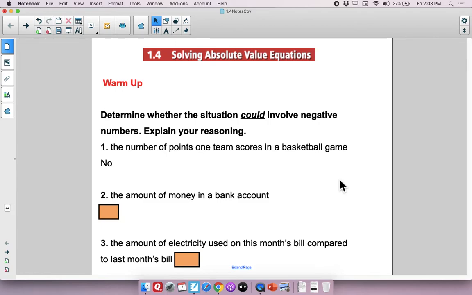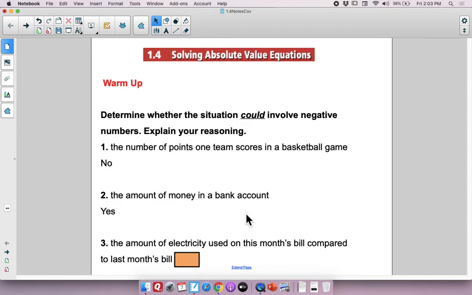You can't go below $0, and technically that's true, but sometimes people will write, let's say they had $10 in their account and they wrote a check for $15. If the person that they wrote that check to cashes it, then technically they'd have a negative balance of $5. And sometimes banks have something called overdraft protection, which allows people to do that for a short period of time. Yes, they have to pay it back, and usually there's a fee. I think you could say yes there. Then again, you may say no, like you can't go below zero.